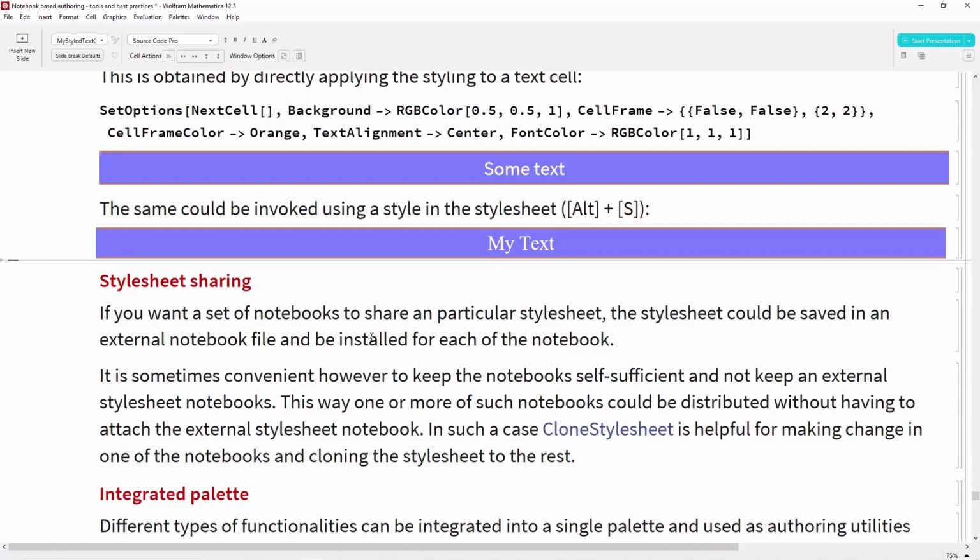In this way, you can have your particular style sheet, and you can apply that style sheet again to all the other notebooks you want to use.